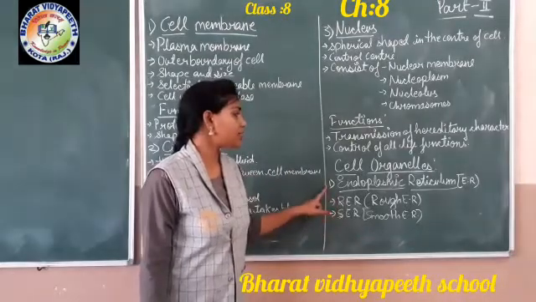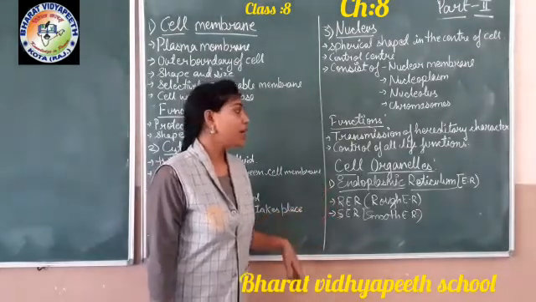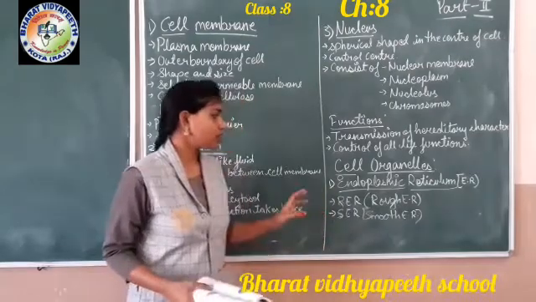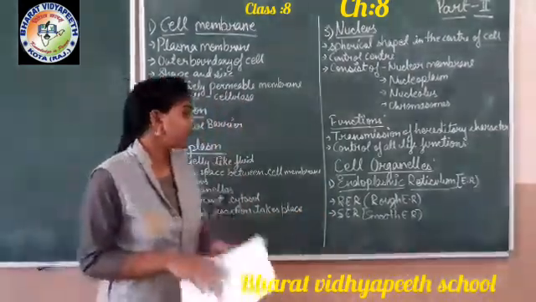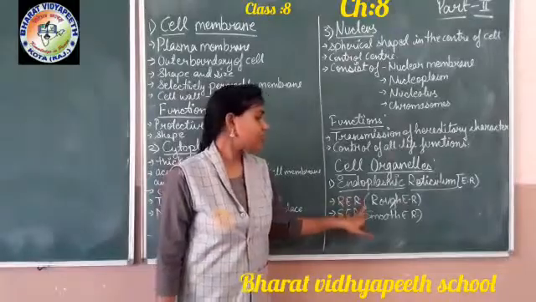The first cell organelle is the endoplasmic reticulum. Endoplasmic reticulum is mainly of two types. That is RER, that is rough endoplasmic